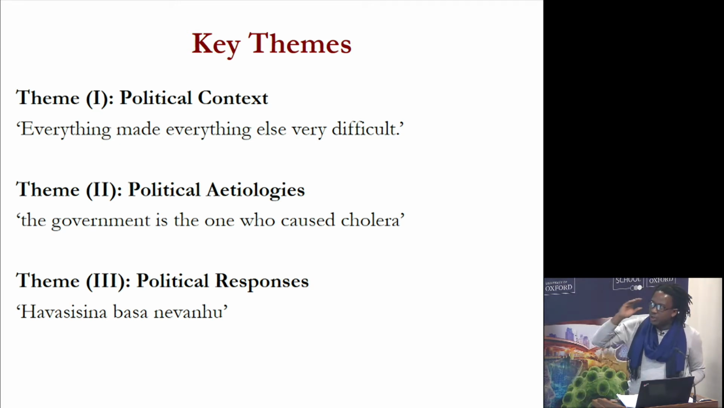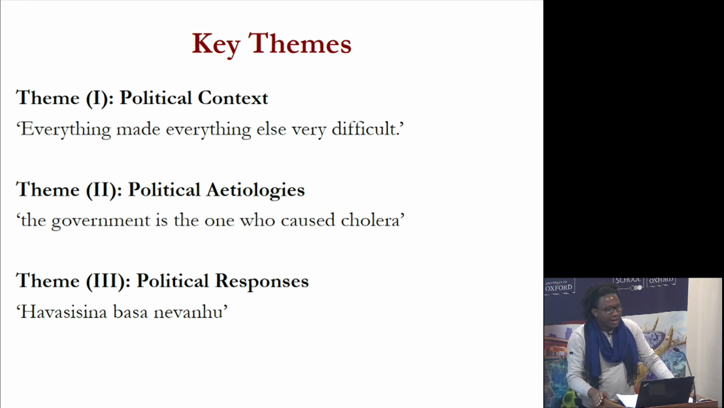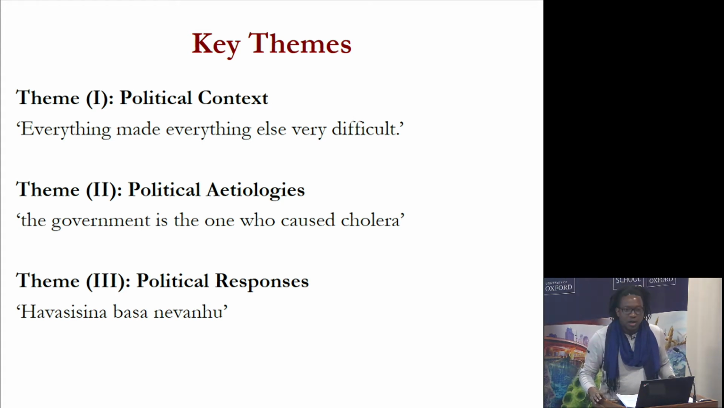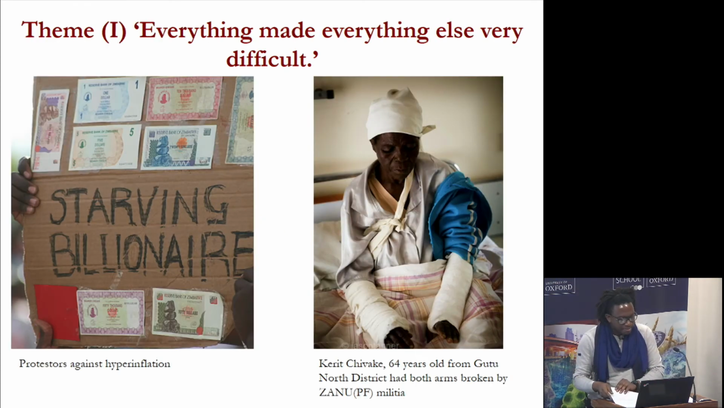I've organized these stories according to three major themes. The political context: in other words, how do people talk about cholera in the context of everything else that was happening at the time? Political etiologies: how do people identify the root causes of the cholera outbreak? What are, as medics would say, the etiologies of this disease, here, of course, located within its politics? And the political response: how do people make sense of the political response to the outbreak when it occurred? So the first theme,